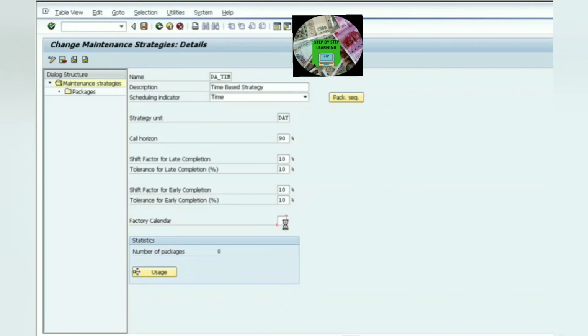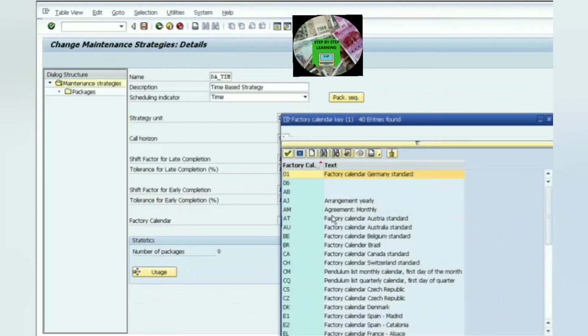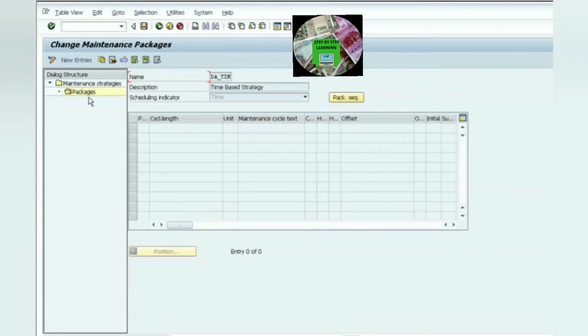So now I am clicking and selecting some factory calendar. So choose, okay. Factory calendar can be defined for the whole year working days also. So all days working days. Normally most of the industries will be 365 working days only. So in that case, I am double clicking on the packages,